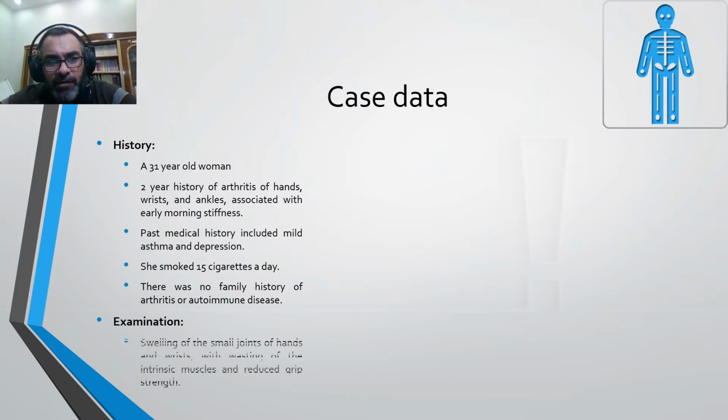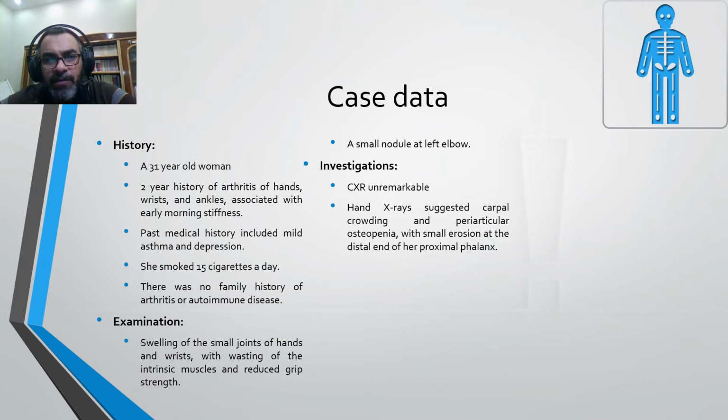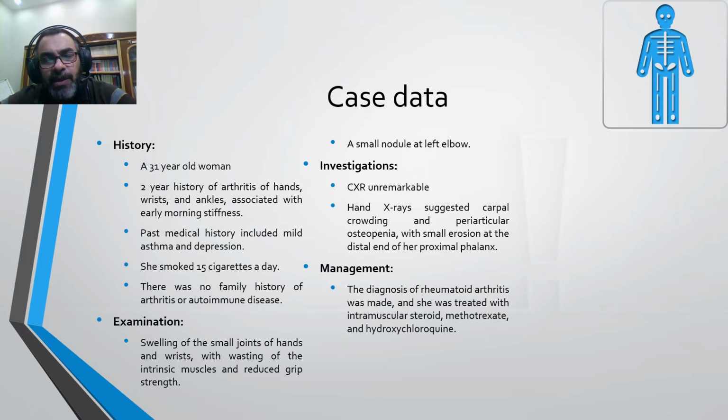On examination, we found a swelling of the small joints of the hands and wrist and wasting of the intrinsic muscles and reduced grip strength. Small nodule at the left elbow. Investigations showed chest X-ray was unremarkable. Hand X-ray suggested carpal crowding and periarticular osteopenia with a small erosion at the distal end of the proximal phalanx. Regarding management, the diagnosis of rheumatoid arthritis was made, and she was treated with intramuscular steroid as a bridge therapy